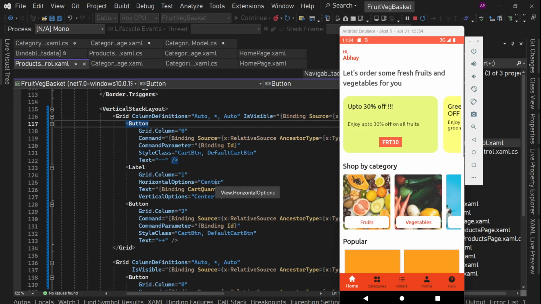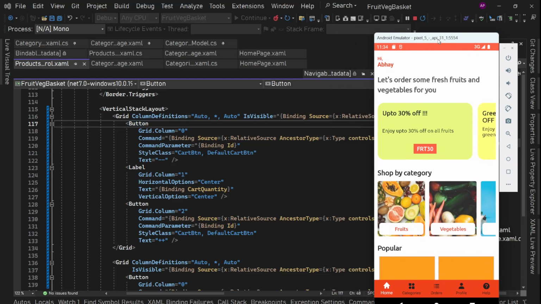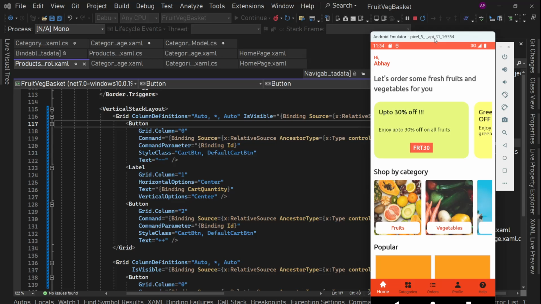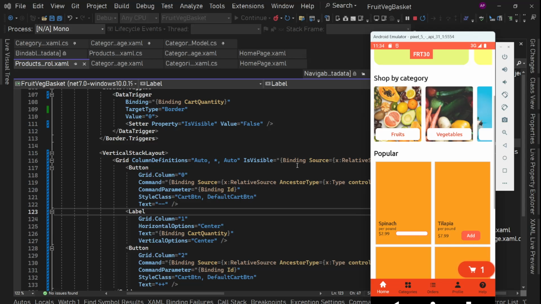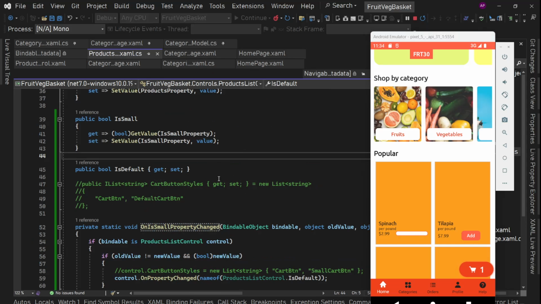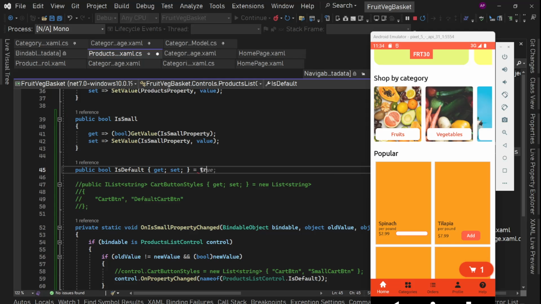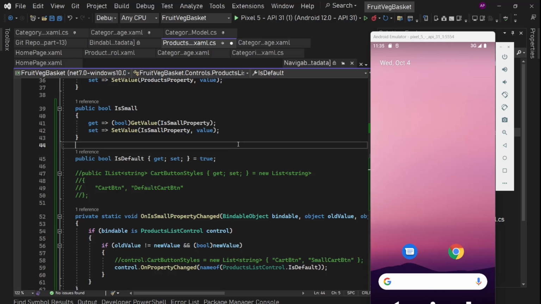Okay, maybe because of the first default case. Default is false and small is false in that first case. Is that it? Looks like yes. So what I mean is it should be default value true. Stop and run. So maybe what is happening when it is coming here is default is false and is small is also false. So both of these are false, and in that case